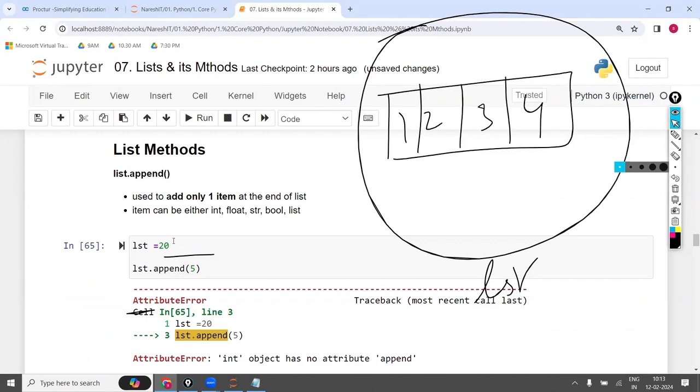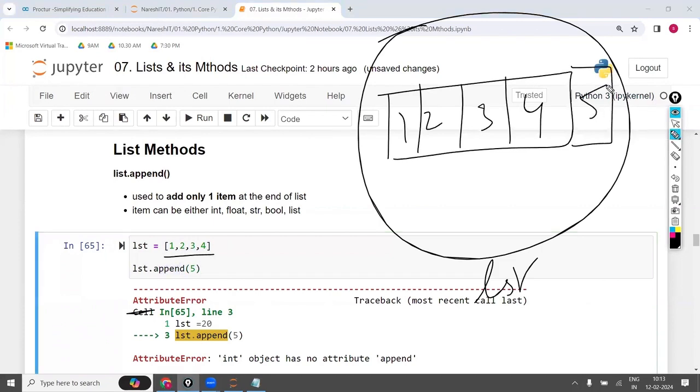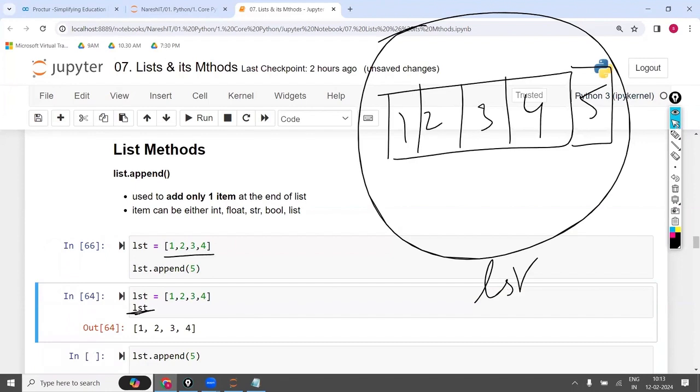Now, when I give 1, 2, 3, 4 instead, first it is going to collect what LST is. LST is a list data type, and for the list data type, append is available. It adds the item at the last, in the same object, not by creating a new one.